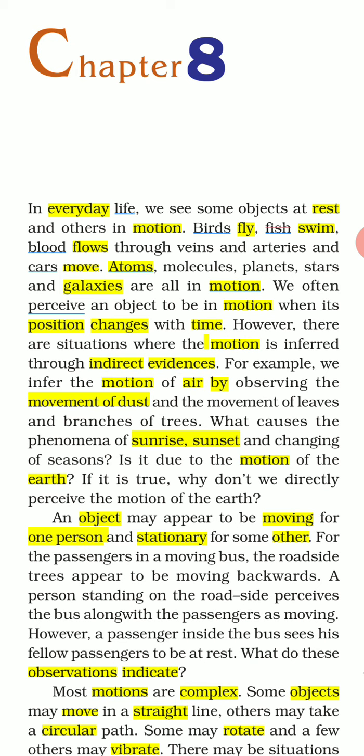Now there are so many types of motions. I suspend a bob by means of a thread, pull the bob to one side and leave it. It starts oscillating. This is one type of motion. And the same bob you take, tie with a thread and rotate it. That is another type of motion, circular.